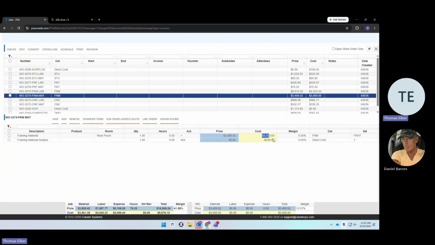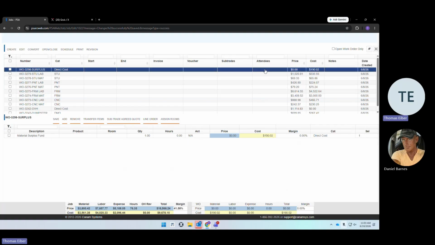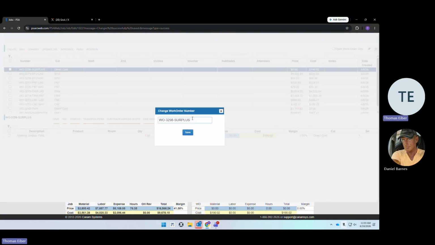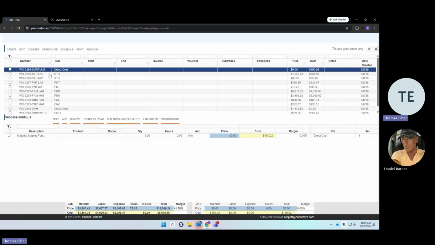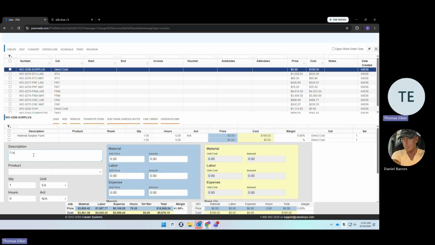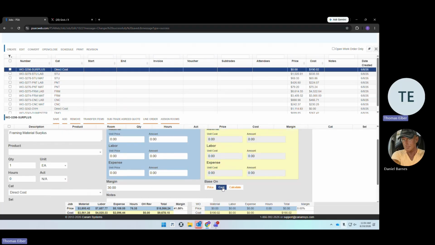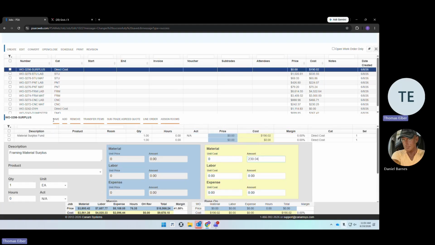Again, I'm going to go over it. We removed that. It shows 3,000 for this work order. We're only spending 3,000 on framing. Let's give ourselves that money back as a PM by going into the surplus work order, by clicking it, adding a line item, naming that line item, framing material surplus. And because I'm so efficient, I don't need to save just by naming it. I know I can immediately go over here and do a cost, no calculate, okay, of my positive to pay myself back that $239.04. Now I save